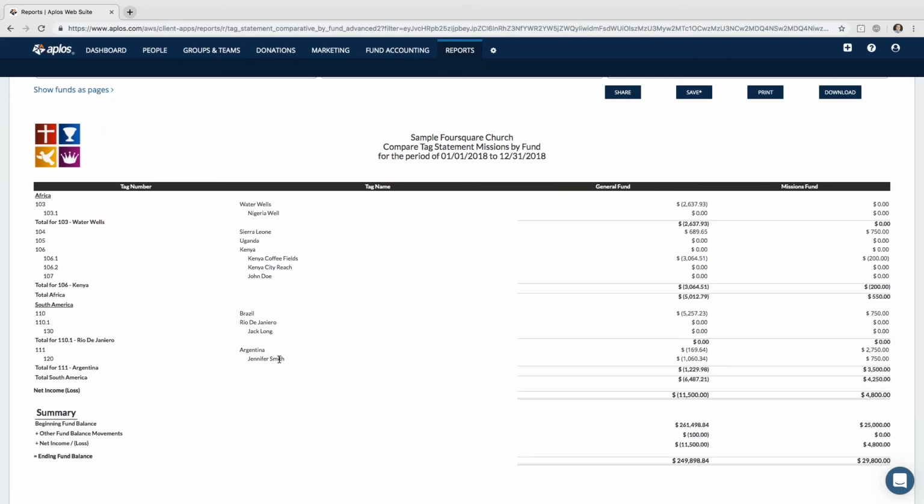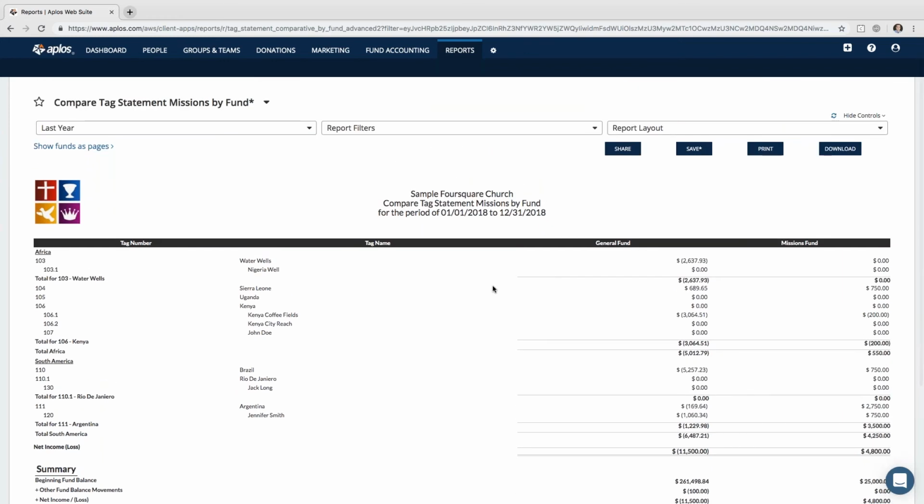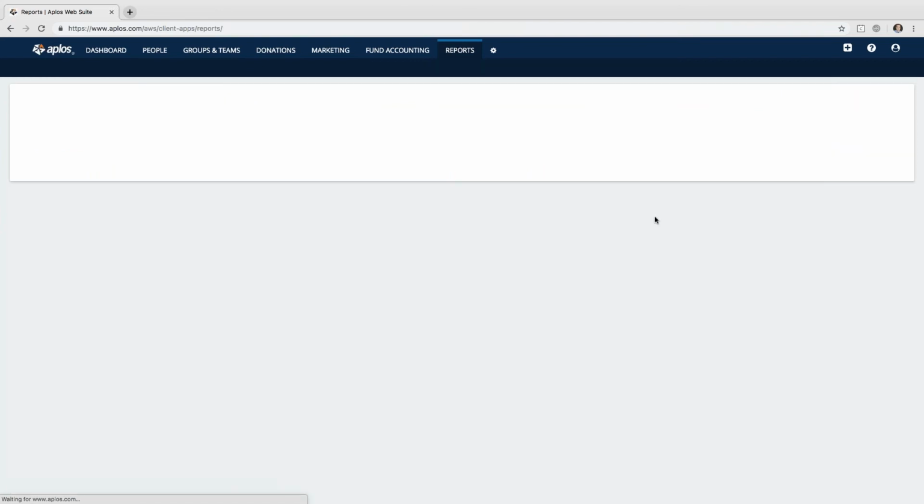I don't actually have any budgeted numbers in these tags, but if I did, it would show actual budget difference. I can filter in things like budget percentage and annual budget. And so again, you're getting these reports to make better decisions. These help for your ministry directors, department heads, people going on these mission trips and trying to decide which ones you want to back for maybe next year. So they're going to give you a lot more